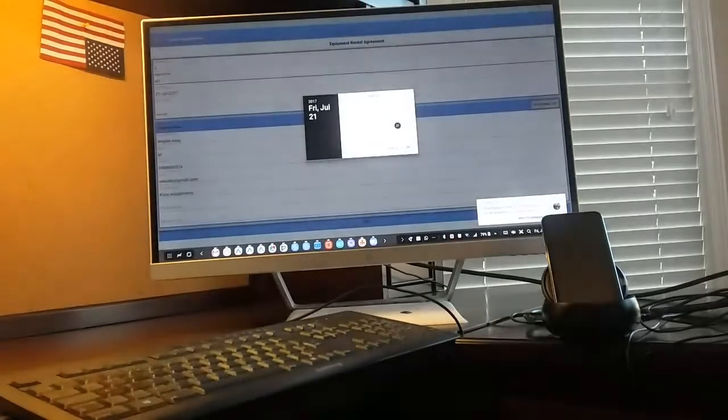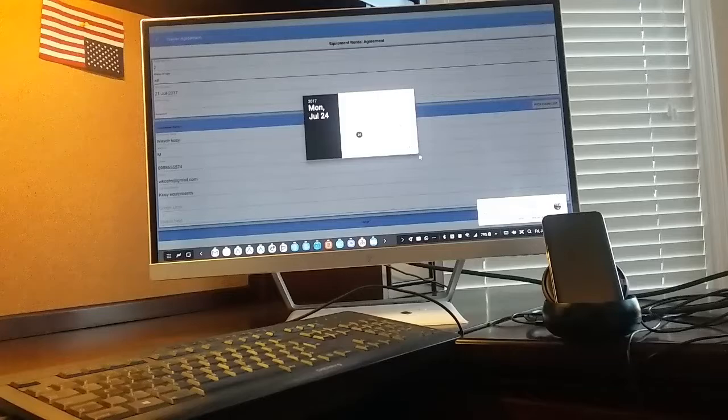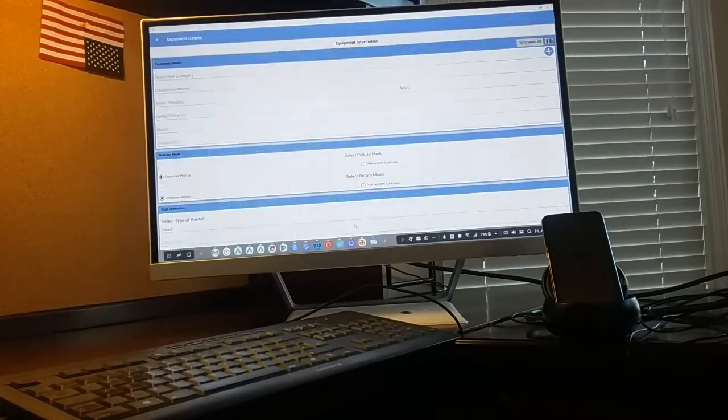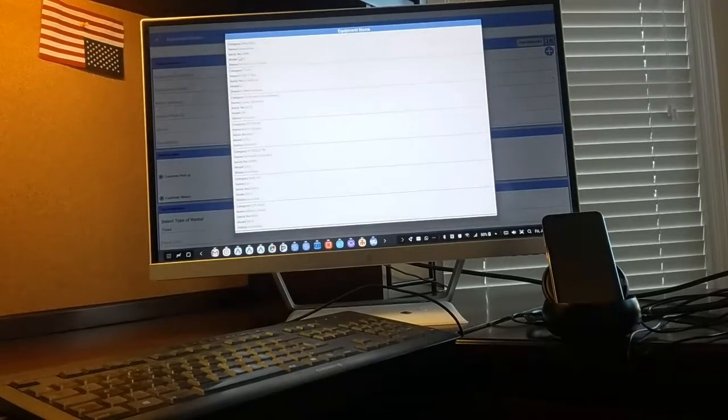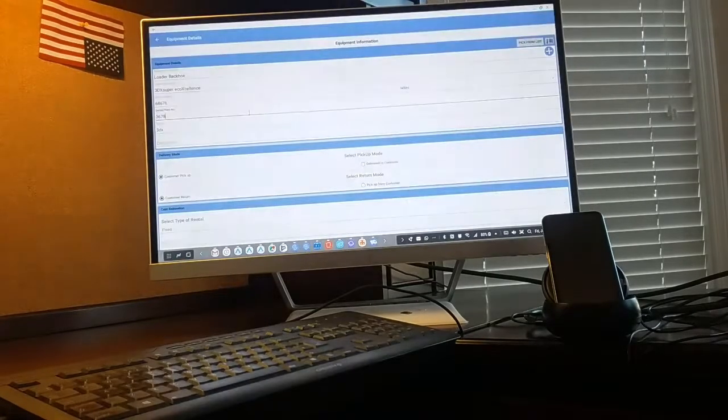It's a return date. That's going to be, let's say, 24th, and then you go on the next screen. Here you would enter all the equipment details. Again, you can scan your equipment with any barcode scanner, any serial scanner, and it will fill up the equipment details automatically. For now, I will take any available equipment,